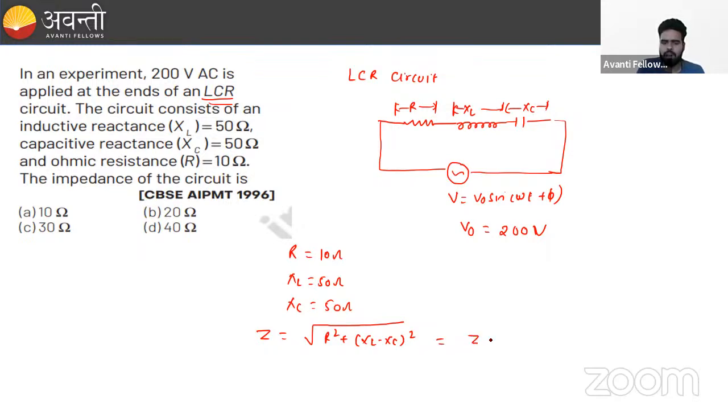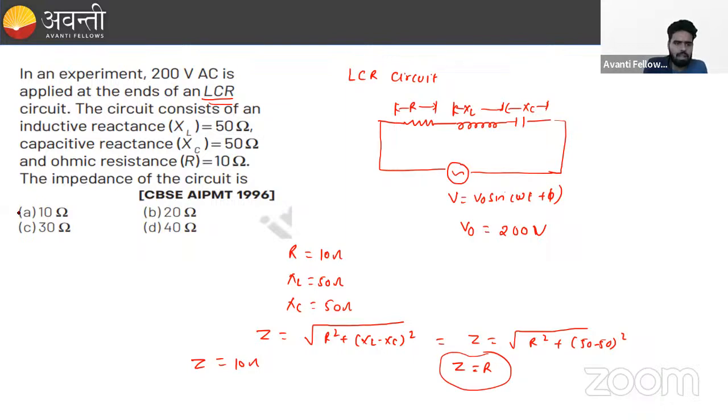Put this value and get the answer. So we can say XL and XC are equal to each other. This value will become 50 minus 50 whole square, and Z is equal to R, right? So we can say that our impedance is equal to 10 ohm. So we can say that option A is the correct answer, and that is a very easy problem,